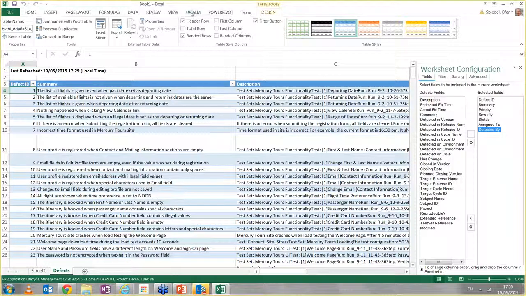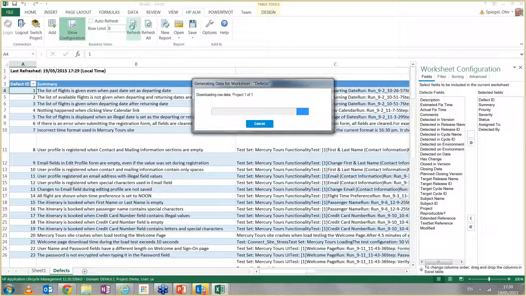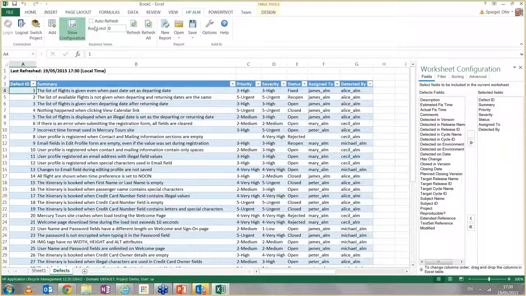Okay, and back to the HPALM, I can ask to refresh it. Okay, so now we'll see the view being refreshed. Here we have the auto refresh option that I can turn on. However, we need to remember that every modification done to the view will result in a new request to the server with the new definition. If I turn the auto refresh on,